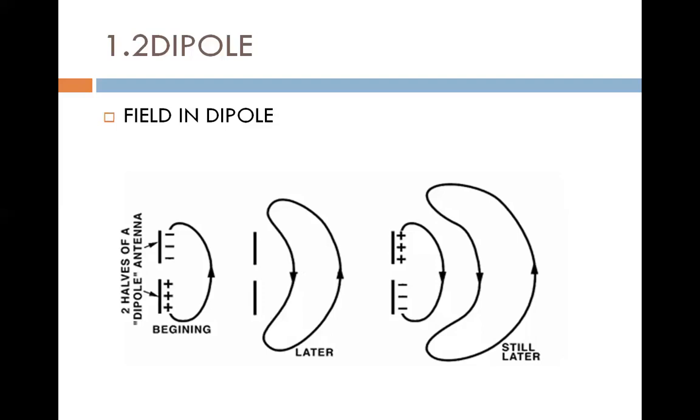Whenever the current in a wire changes with time, the wire emits electromagnetic waves. So what is the wire? The wire is the dipole. So how do we make the dipole? Using the wire. The fundamental mechanism responsible for this radiation is the acceleration of charged particles. The figure shows two conducting rods connected to a source of alternating voltage.